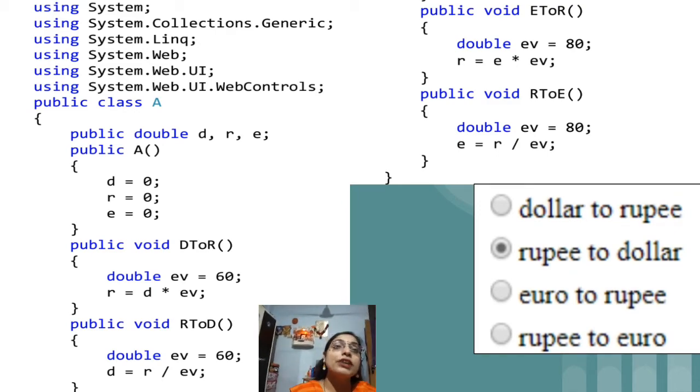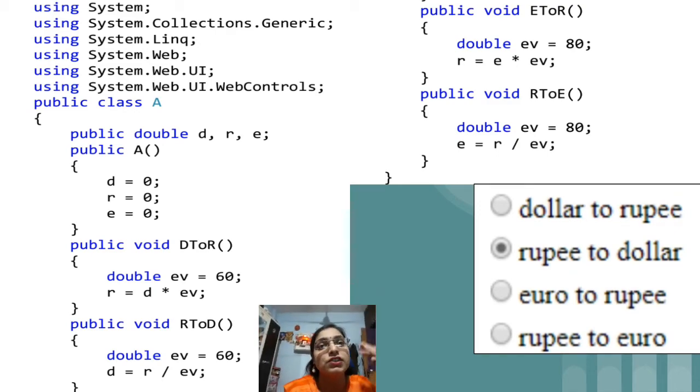Similarly, for rupee to euro, we will perform the reverse operation, that is division, like what we did for dollar to rupee and rupee to dollar. The same thing applies here, but the euro we have considered as 80.